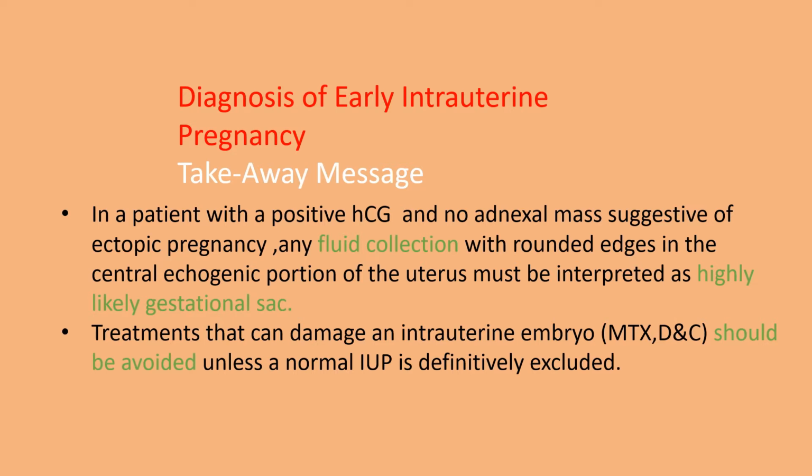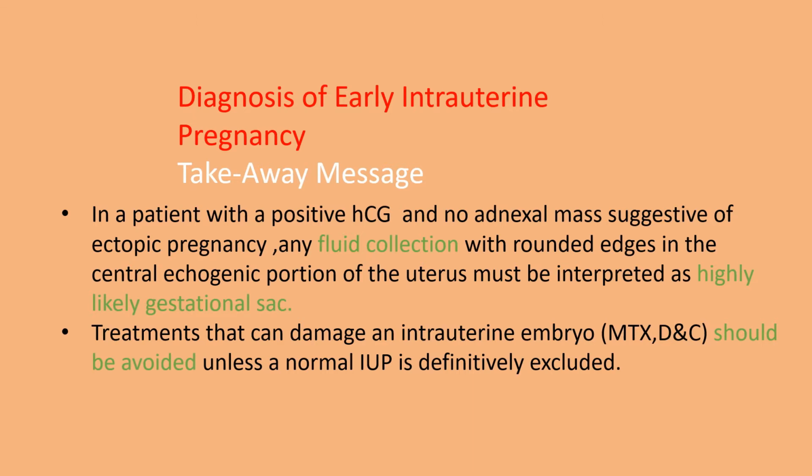Diagnosis of early intrauterine pregnancy, takeaway message. In a patient with positive human chorionic gonadotropin and no adnexal masses suggestive of ectopic pregnancy, any fluid collection with rounded edges in the central echogenic portion of the uterus must be interpreted as a highly likely gestational sac. Treatments that can damage an intrauterine embryo, including methotrexate therapy, D&C, should be avoided unless a normal intrauterine pregnancy is